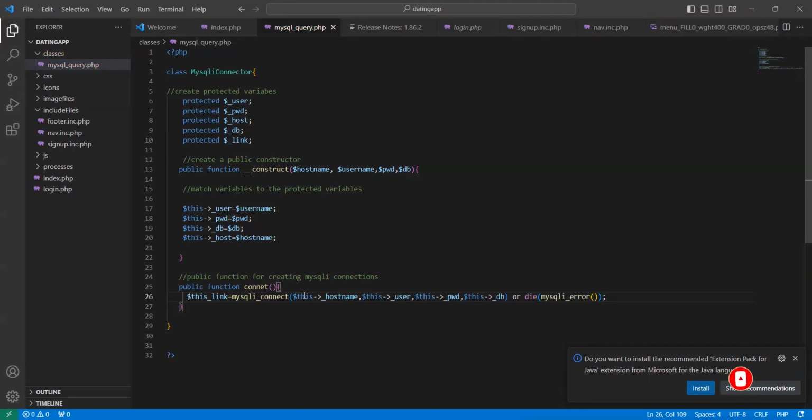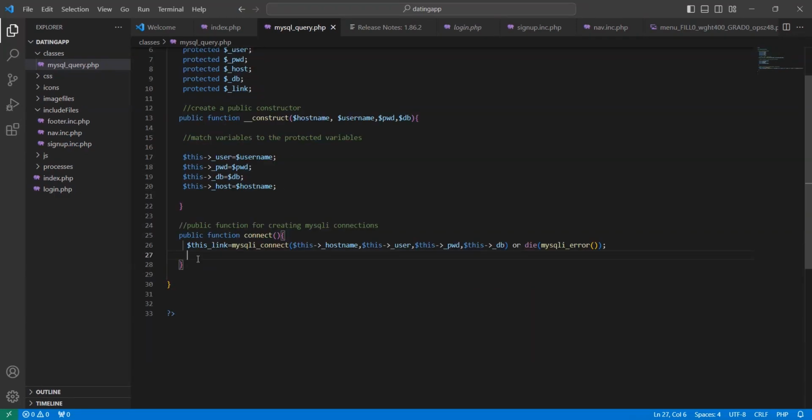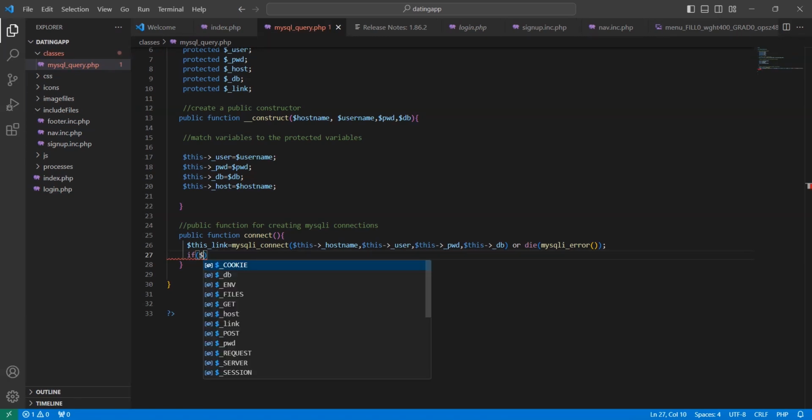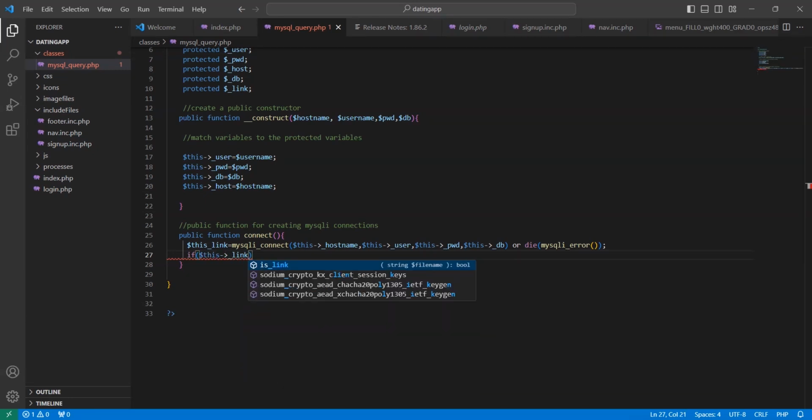What have you done over here? You reach this level. What you're doing next is to verify if the link has really been established, if the details provided to connect to MySQL database were correct, and then a link has been established between the database and the code here. What you do is that you go for an if conditional statement: $this->link. If this link equals true,